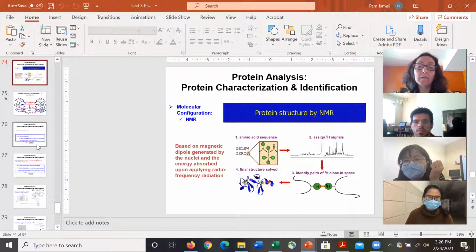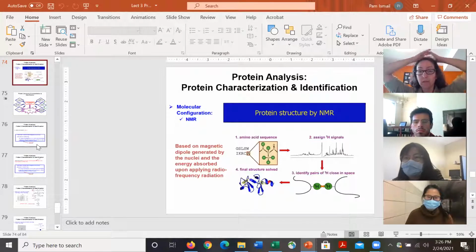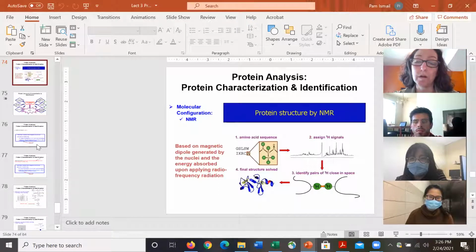Oh, well, it depends. I'm not sure if it actually gives you the sequence or it's just giving you how they are formed into tertiary structure. I don't really know a lot about NMR, to be honest, so don't put a lot of stock into this. If NMR comes up, it would be for molecular configuration. I'm not sure. I have to look up if sequencing is possible through NMR. I don't have experience with that. I will look it up and get back to you next time.